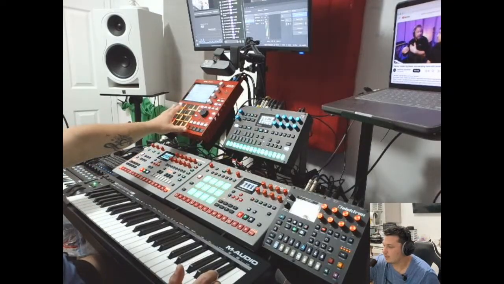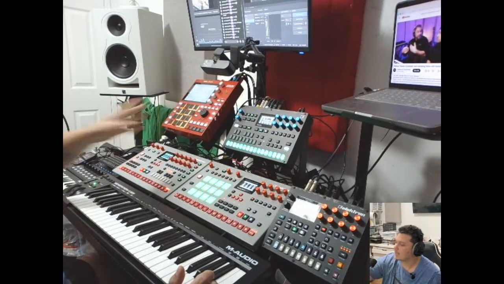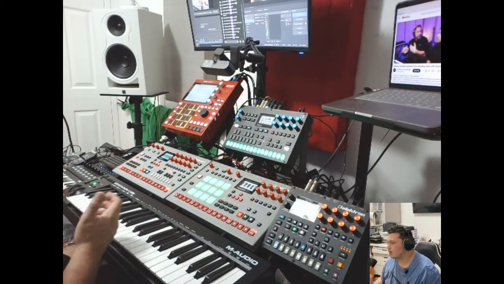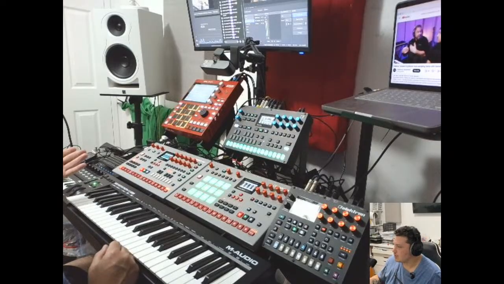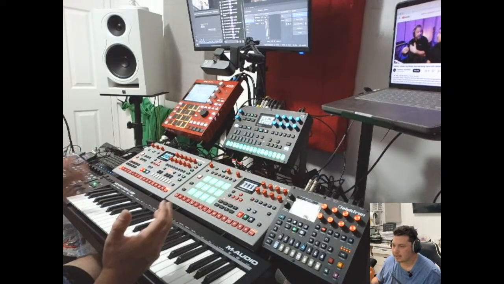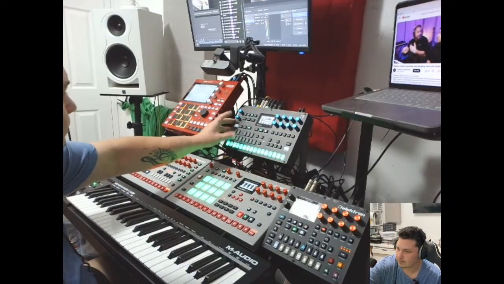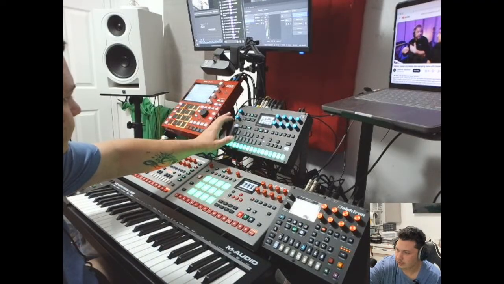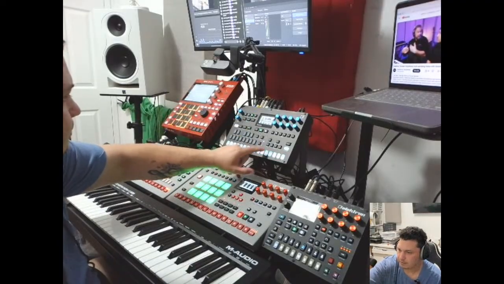Not here. Here, I cannot parameter lock an effect send, and yeah, I can change that, but I cannot make a ghost note like over here. Over here, I'm not going to save any of this stuff anyway, but